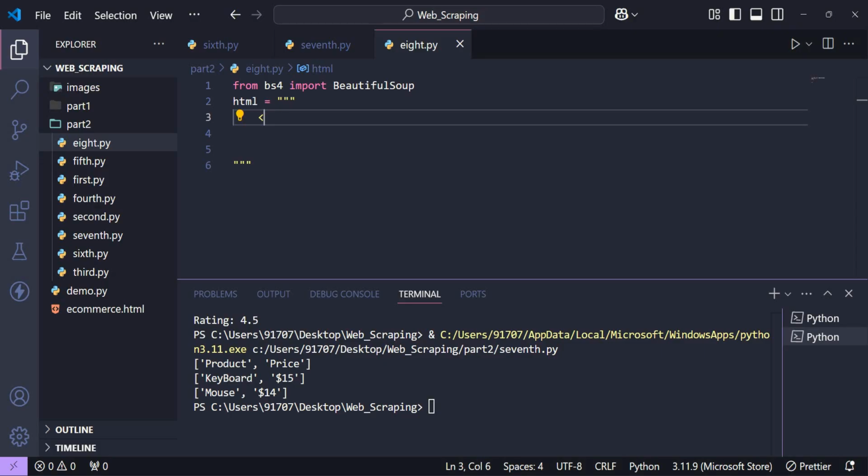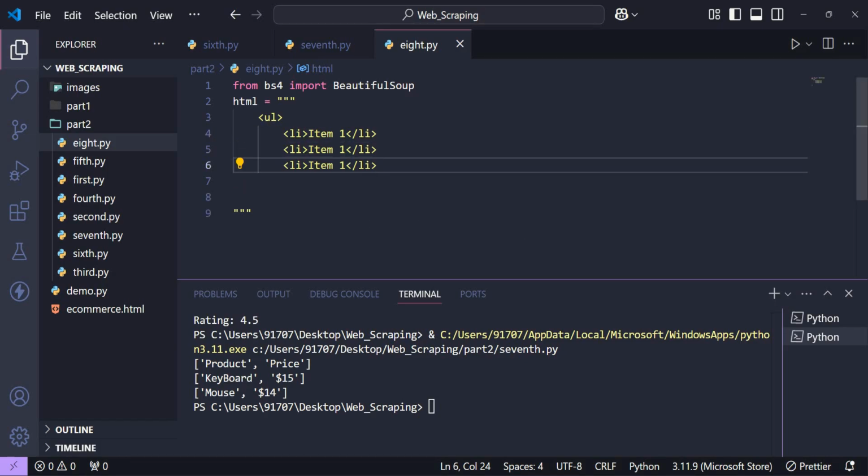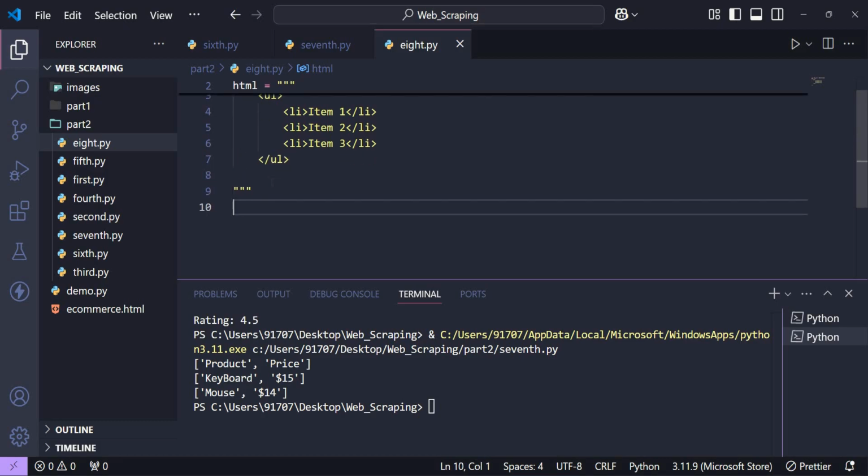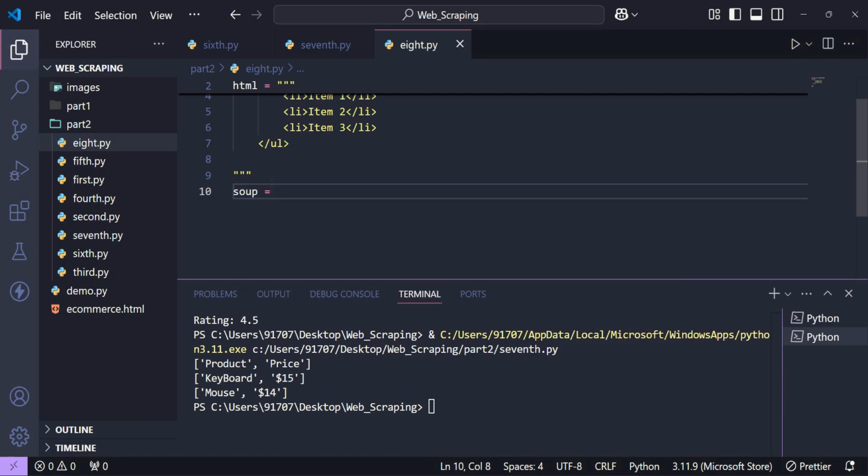Again, I'll generate a list. So I can directly write ul, then li. Suppose it is item 1, then I have to close the li. Then I'll do the same for item 2, item 3, and I'll close the ul. Now soup equals to,